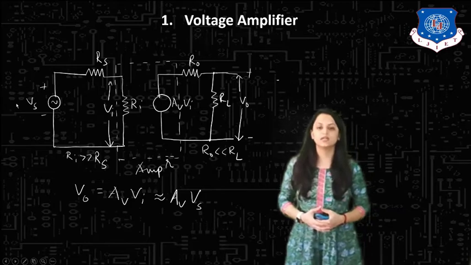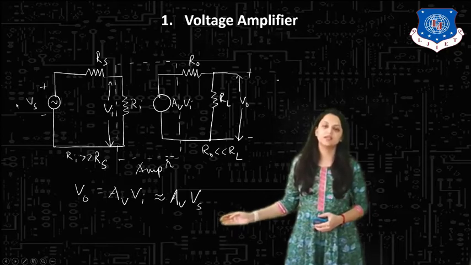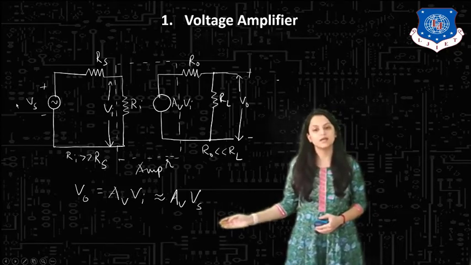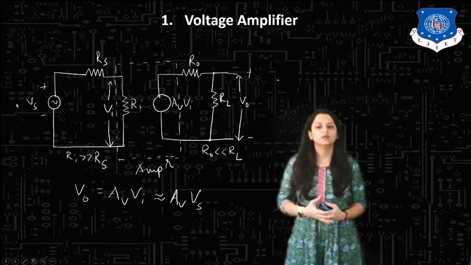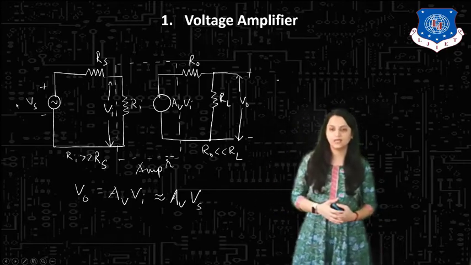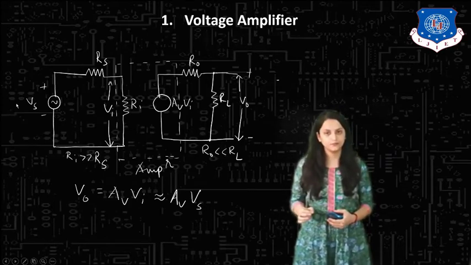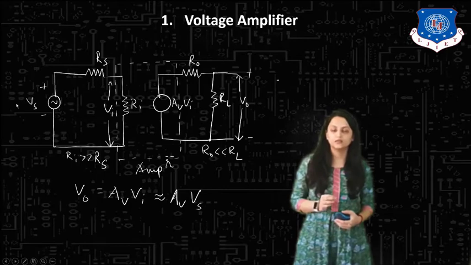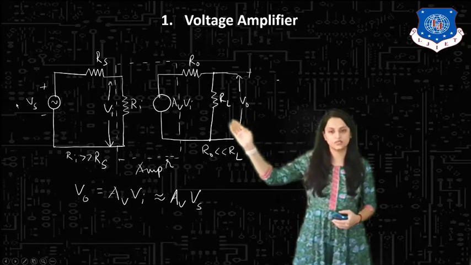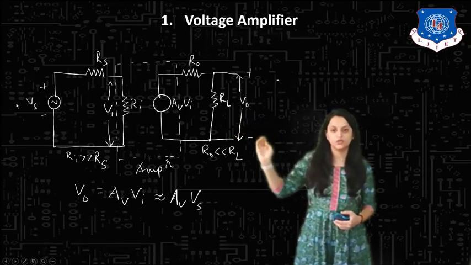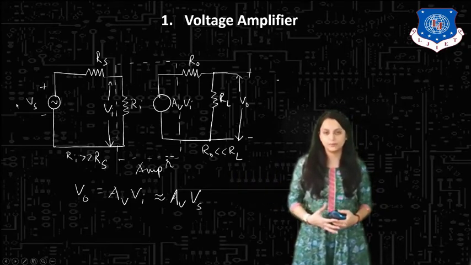So here in the circuit diagram you can see the voltage amplifier having the output equation Av into Vi, where Vi is the input voltage, which is also given as Av into Vs, where Vs is the source voltage. Now if you look at this circuit diagram, here Vs at the input side is indicated, having the source resistance Rs, input resistance Ri, the Av Vi voltage dependent source with Ro output resistance, RL load resistance, and from where the output is obtained. So here output resistance is very less than RL, right? So this is the voltage amplifier.